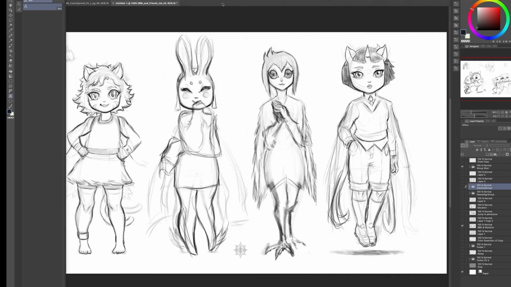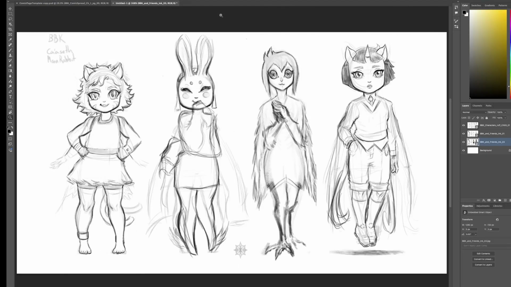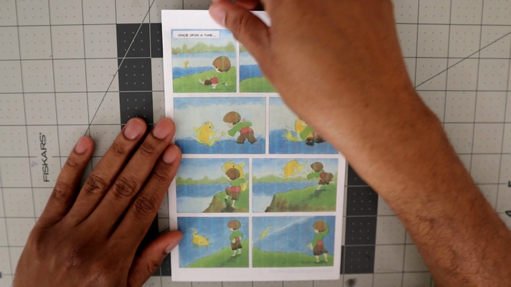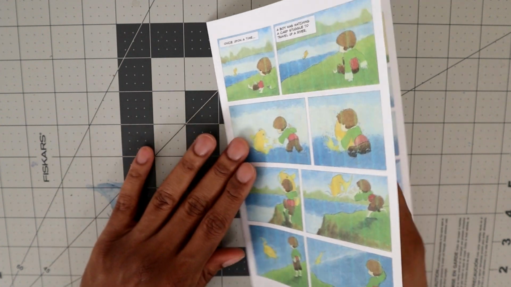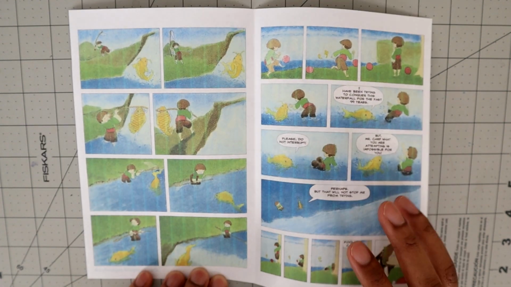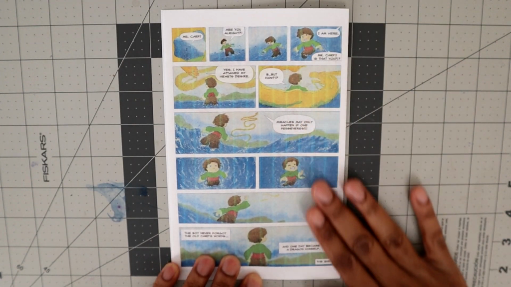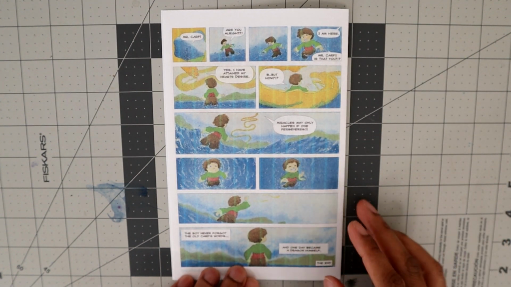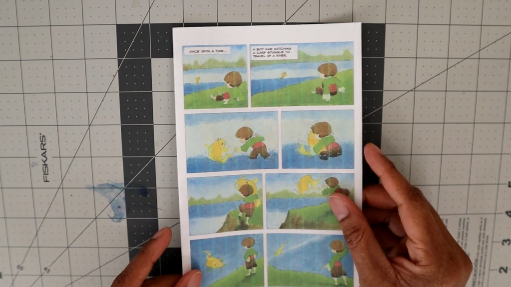What are some of the things that might go awry? If this is your first time, I would start the smallest that you can possibly do, and that would be a 4-page comic, 8.5 by 11 sheet of paper, folded in half, and in that you have the very protoform of a book, where you have the front cover, you open it, and there would be a 2-page spread, and in the back would be the resolution or the conclusion. That is the most simple, easiest, bare bones story that one can make.